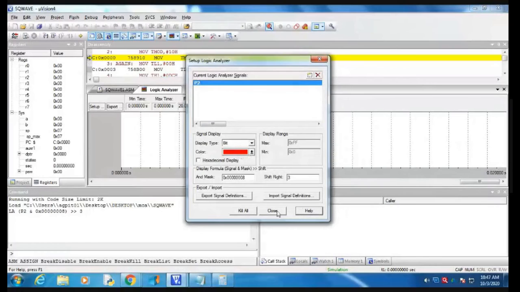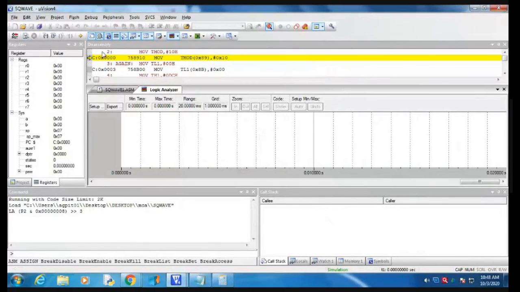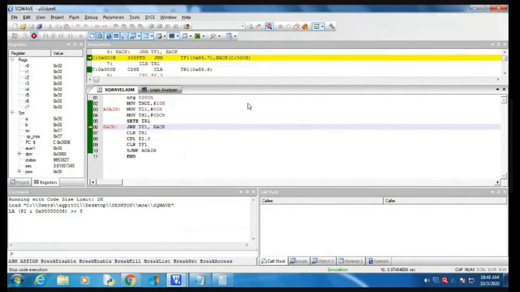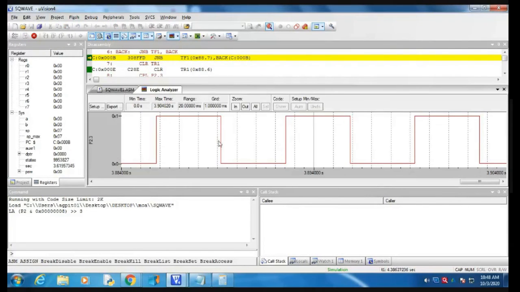Then close it and run this program. After running this program, what happened? See, you can see here, it is a square wave. Are you able to see this square wave? Red mark.